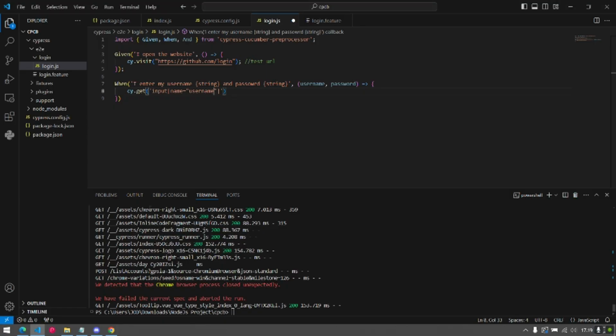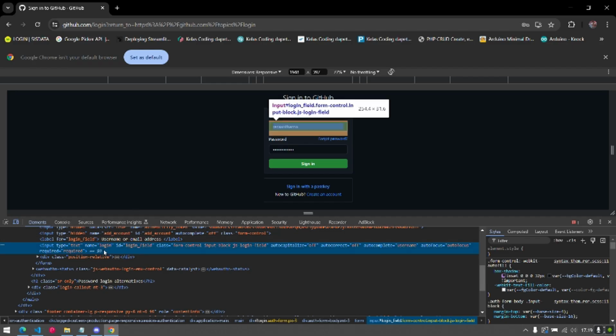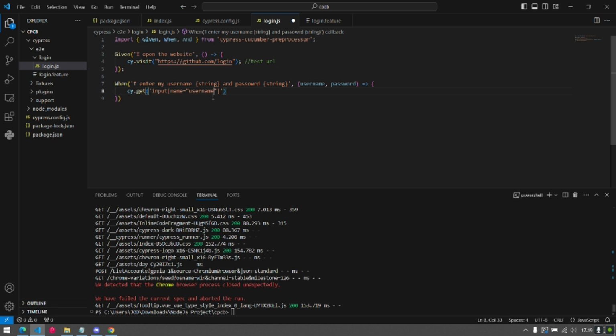Okay, I tap the input name. Oh, the input name for username is login. Alright, we'll change the username to login. Okay, so I get login and type username.